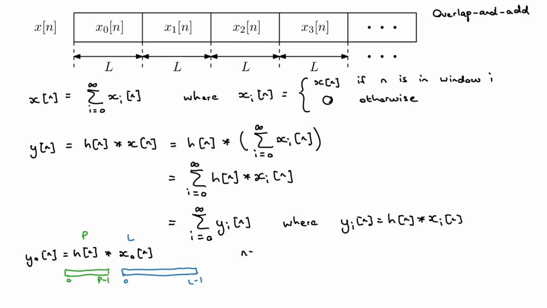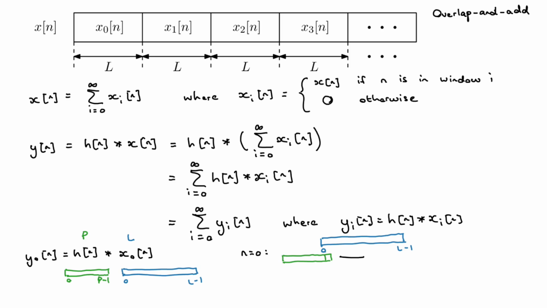So when n is equal to 0 for this particular mini convolution, x0 of n goes from 0 to L minus 1. Then when n is equal to 0, you have the flipped version of hn that you're dragging across, and that will lie kind of here. This will be at sample 0, and you take that number and that number, add them up, and that will be y0 at time step 0. That will be your first sample. Now as you're doing the convolution, this window gets dragged across.